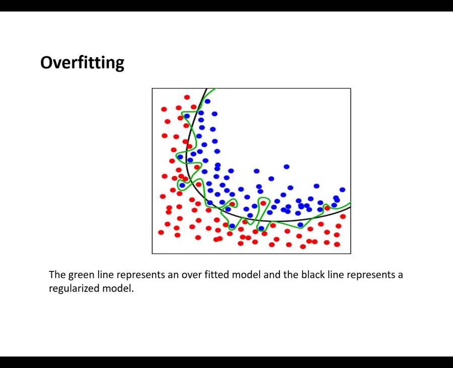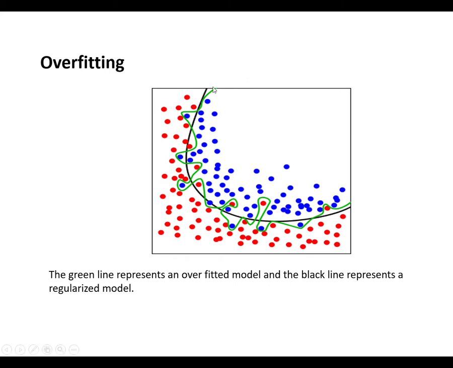Now, this is the graphical diagram that shows overfitting, but let me revise when overfitting occurs. Basically, in case of classification or regression, whenever we implement some machine learning algorithm, the model works very well on the training data set, but when it is implemented on the test data set, the errors are more.